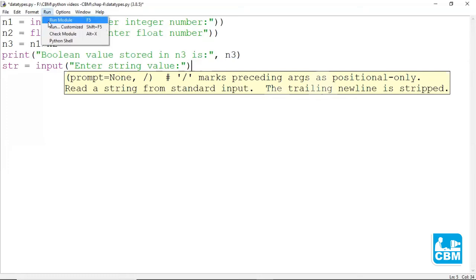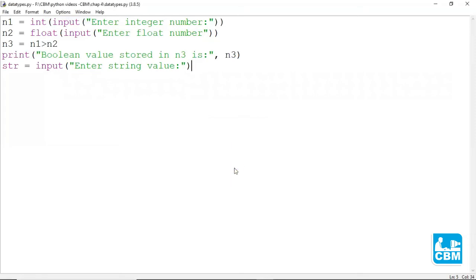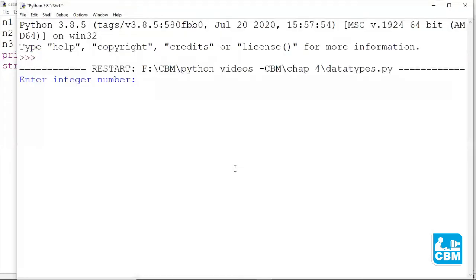Run, click on run module. Click on OK. So it is asking me to enter the integer number. I will enter 2. It is asking me to enter the float number. I'll enter 1.2.